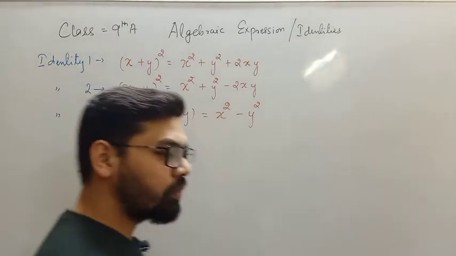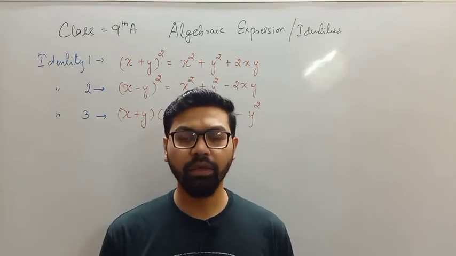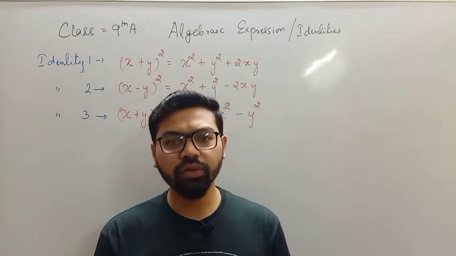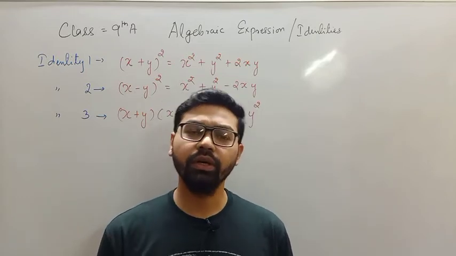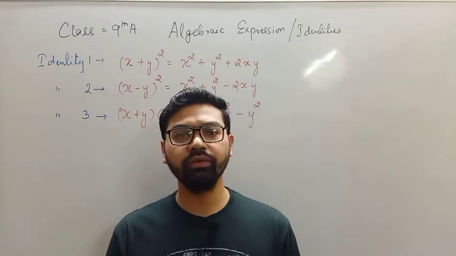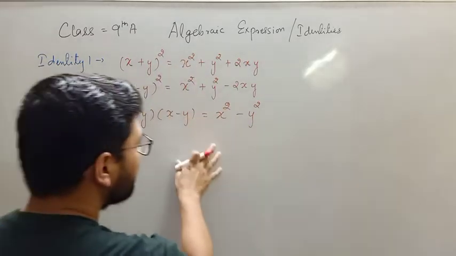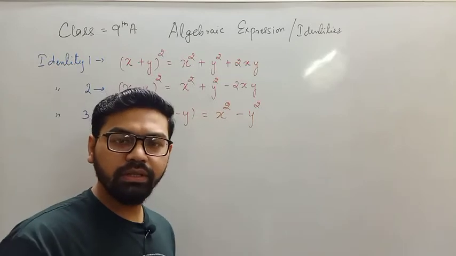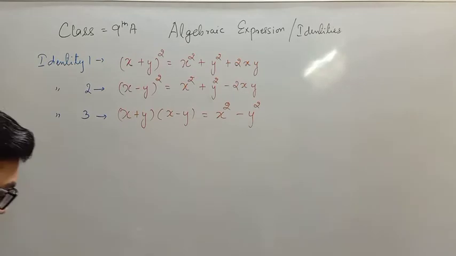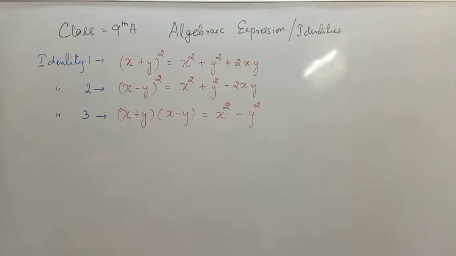I can also give you the proof of these identities, but at this point of time it is not required. If anybody wants the proof of these identities, he or she is most welcome in the Zoom session, and can ask how to prove these identities. I'll give you the proof also, no need to worry. I think these 3 identities you must have learned in class 8 and class 7 also, right? Now there are some important identities related to cube, so please note these identities down first.